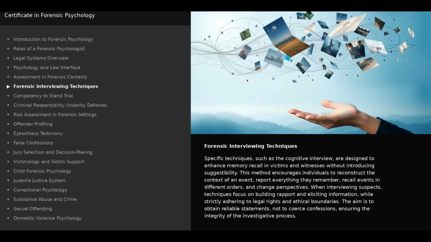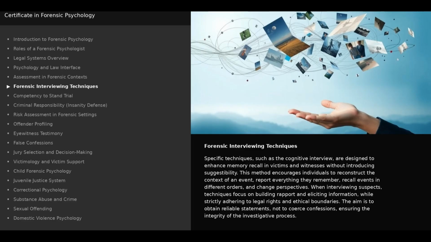This method encourages individuals to reconstruct the context of an event, report everything they remember, recall events in different orders, and change perspectives. When interviewing suspects, techniques focus on building rapport and eliciting information, while strictly adhering to legal rights and ethical boundaries. The aim is to obtain reliable statements, not to coerce confessions, ensuring the integrity of the investigative